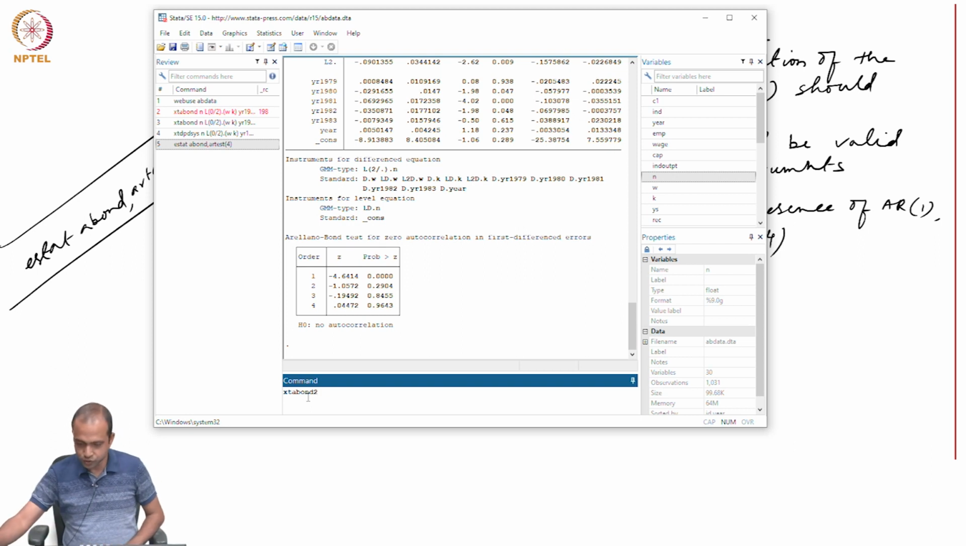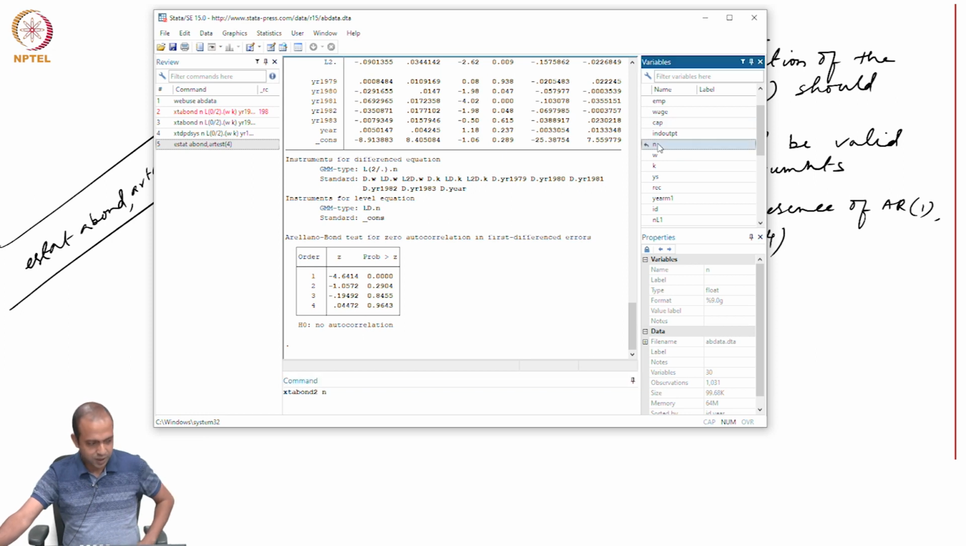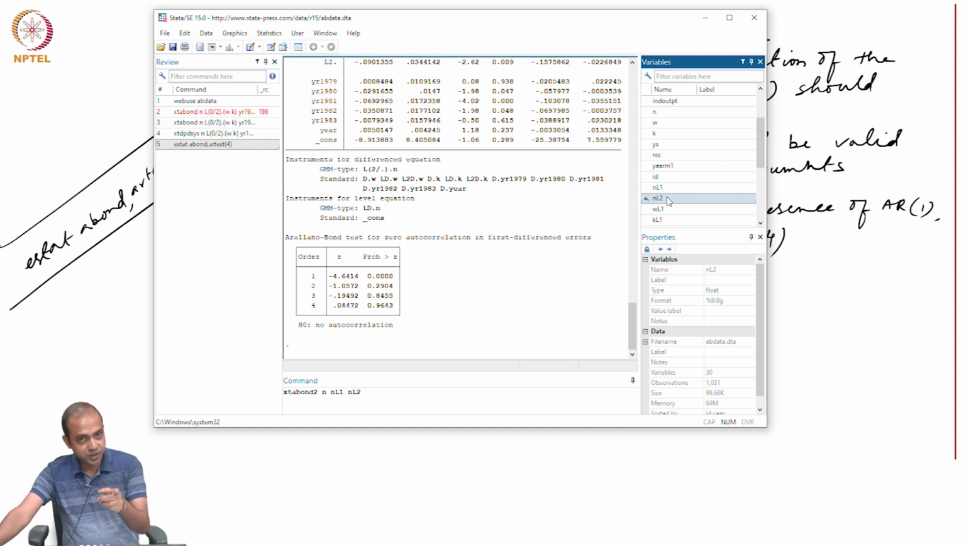Then what I need to specify is my dependent variable, which is n, and then I am taking its lag also, NL1, and then let me take NL2 also. Look at the difference between the xtabond and xtabond2 commands. In xtabond, I was specifying only n after the command, but here I am putting NL1 and NL2 as well, because I would like to use 2 periods lag, right. So, that is the difference between the commands, and then I will be taking W,